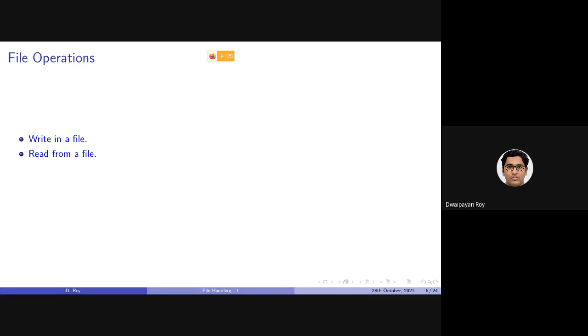But to write to a file or to read the content from a file, we need to first open the file, and later on, after writing something, we need to close the file. So these are the first and the last step that should be applied on a file. The first step should be opening the file. Then we can apply operations like writing in the file or reading from the file. And finally, we should be closing the file.